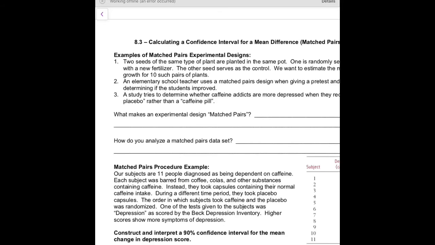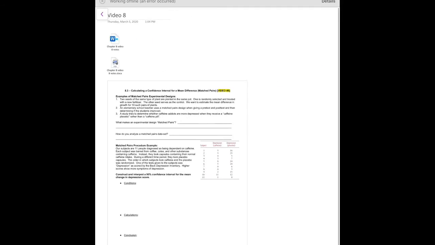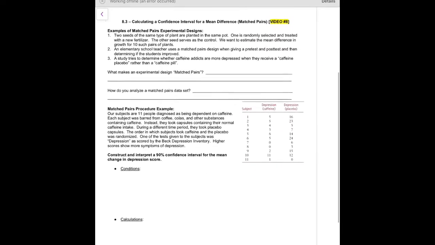8.3, calculating the confidence interval for a mean difference. That means matched pairs. If you remember from what we did earlier in the year, you have to understand that we are going to be looking at a placebo and someone who's getting treatment. So, in this case,